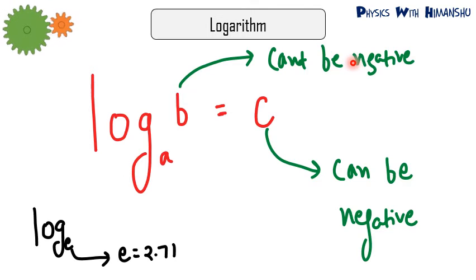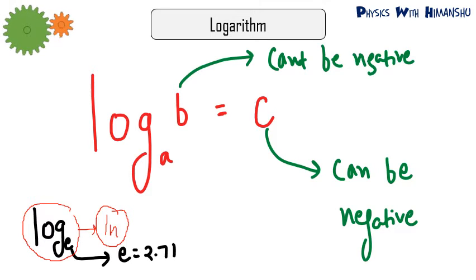Now in this lecture, we will discuss log base e. What is e? e is basically the exponential, and the value of e is 2.71. For now you have to remember just the value of e. If you see it somewhere, log base e can also be written as ln. So ln and log e are the same. ln means log with base e. And the value of e is 2.71.